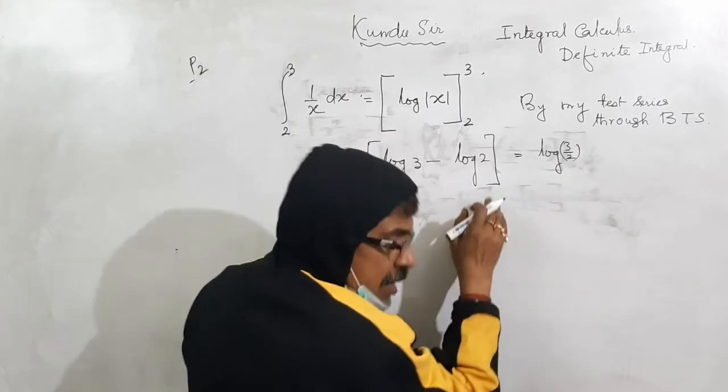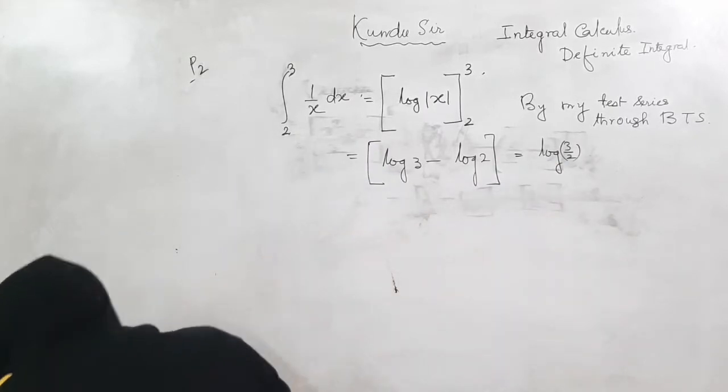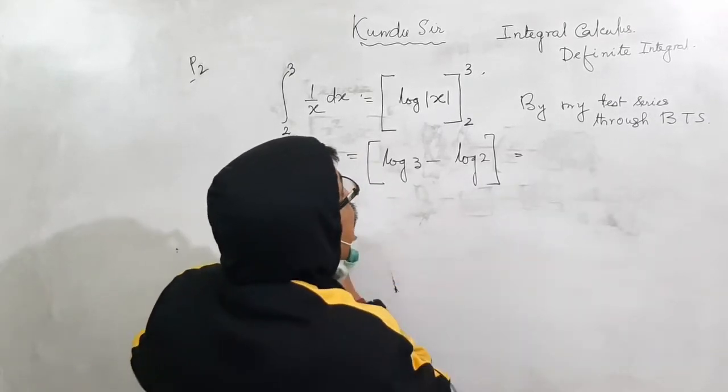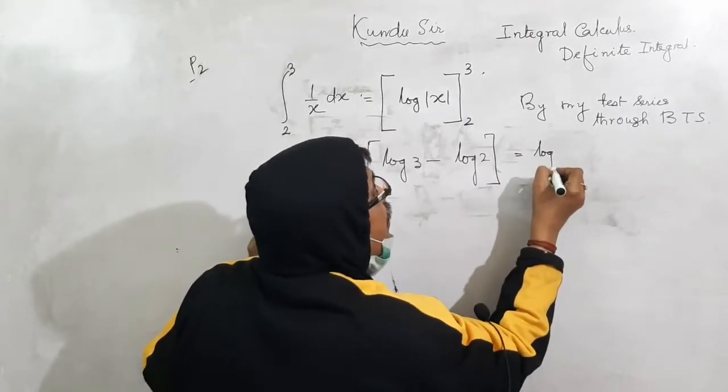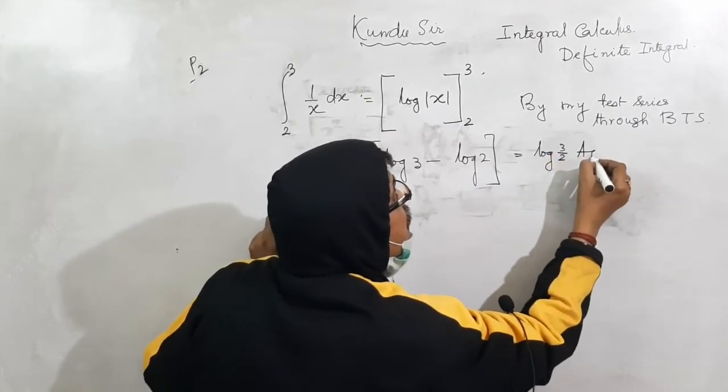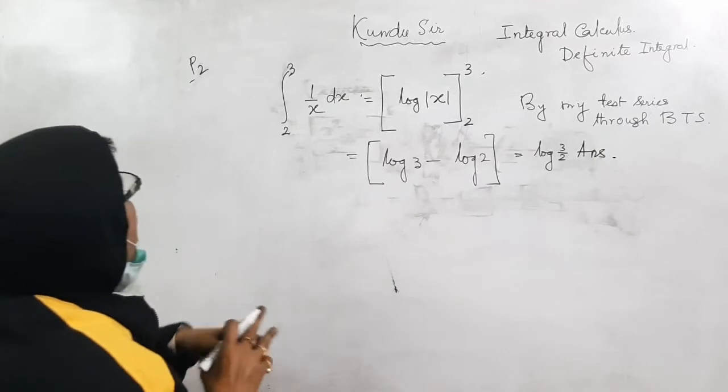You can give brackets or not, no need to give brackets here. So log a minus log b equals log a by b is the answer for problem 2